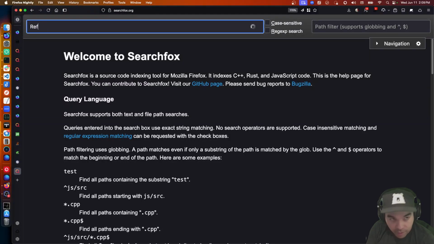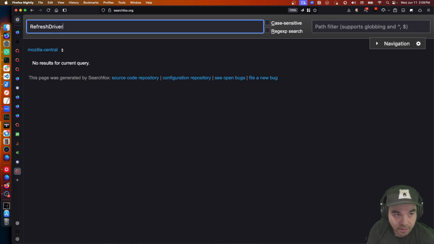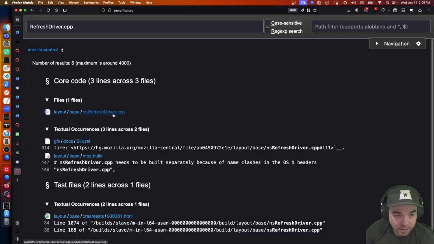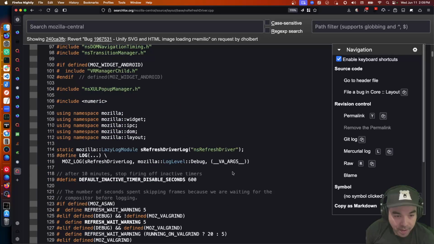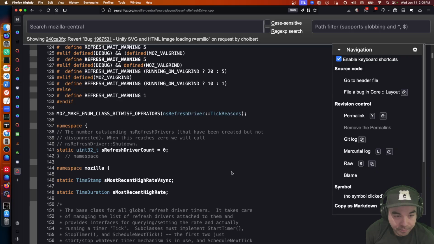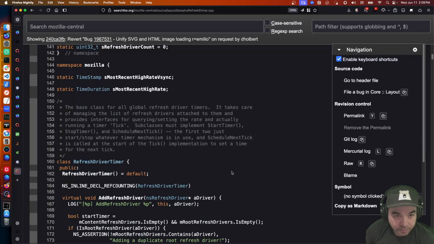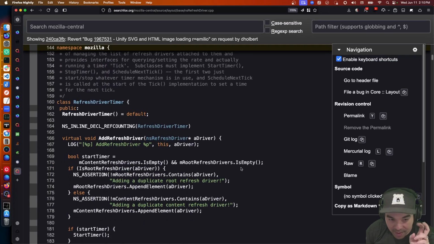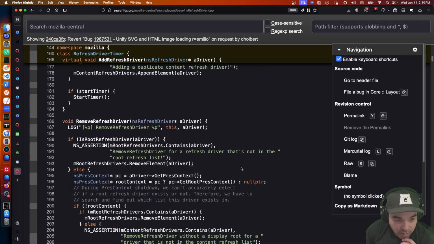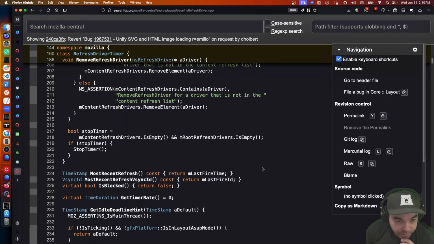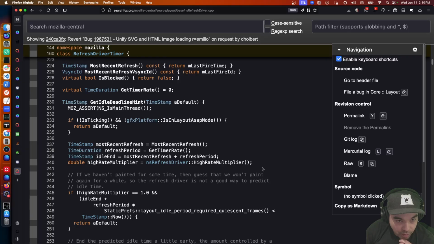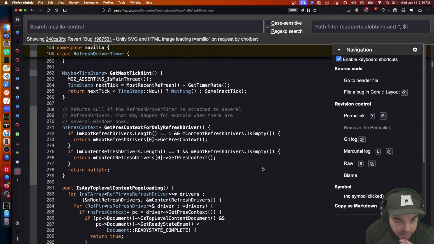Refresh driver .cpp, refresh rate. Each presentation shell gets its own rate. So maybe I can control it from script.